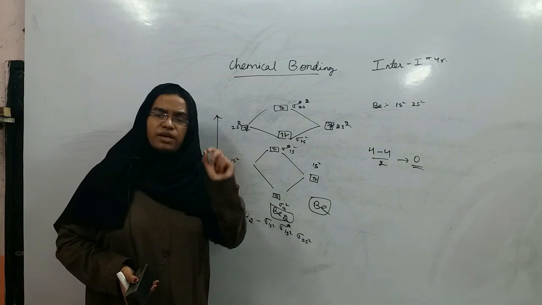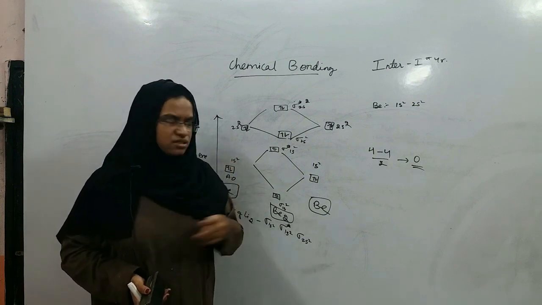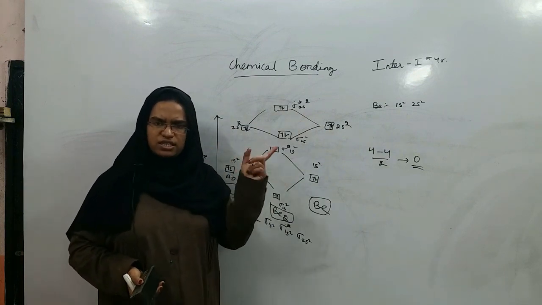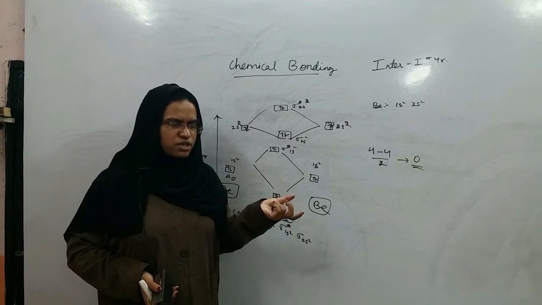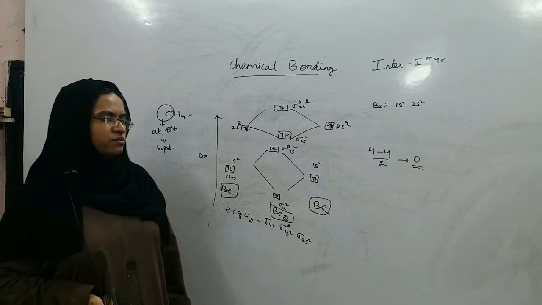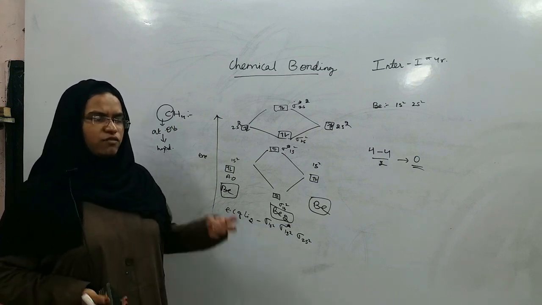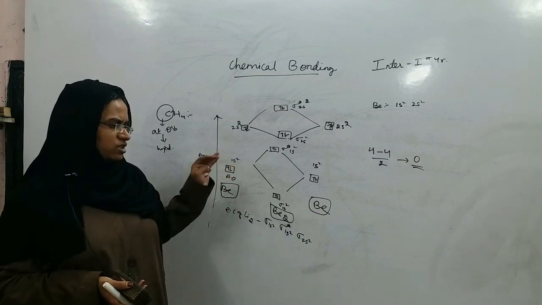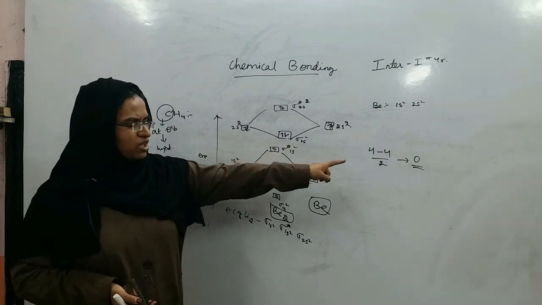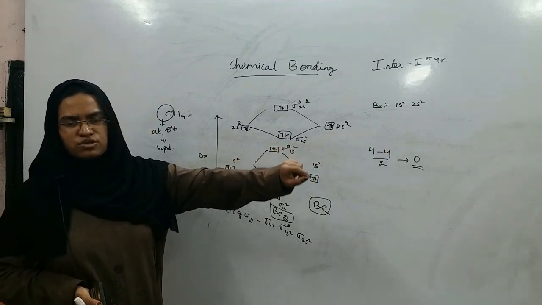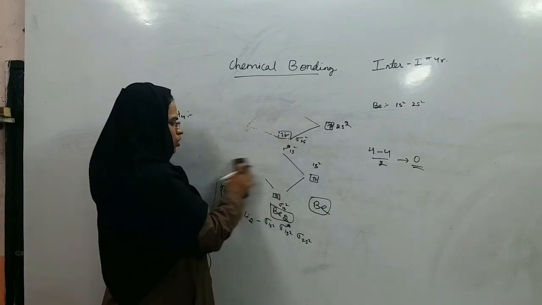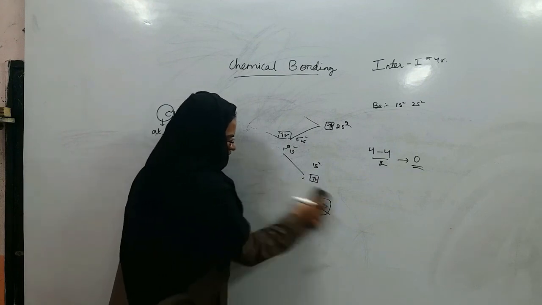That means beryllium molecule doesn't exist, because it should have a bond order, at least one bond should be there between 2 atoms, but are you getting at least even a single bond? No, you are not getting. That means beryllium molecule doesn't exist. From molecular orbital theory you can easily find out how much will be the bond order. Based on the bond order, you can also find out the strength of the molecule. So this is beryllium molecule which you don't have, but for our understanding we have seen that if bond order is 0, that means the molecule doesn't exist. Now let us move on to the next molecules, boron, carbon, nitrogen, in our next class. Okay, thank you.